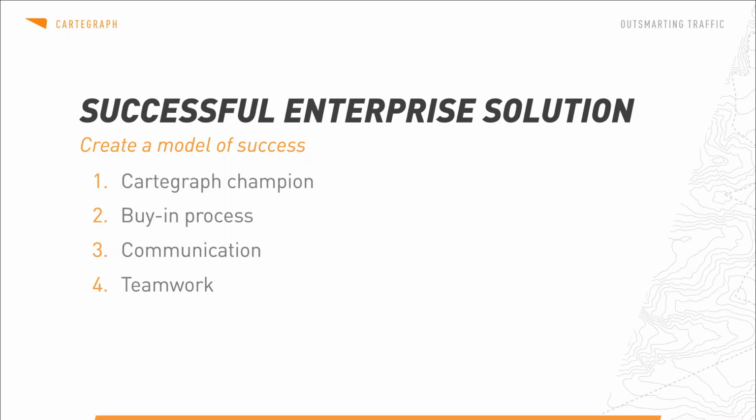And for decades, we would see miscommunication within the same department, and communication with other departments on shared assets. And so we really wanted to make a very robust solution that would take us into generations and beyond. And so creating that buying process is very critical within your organization for all levels, from management